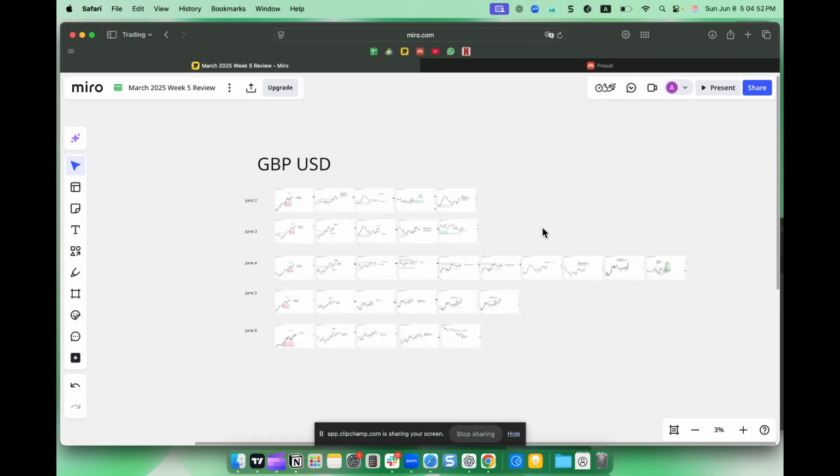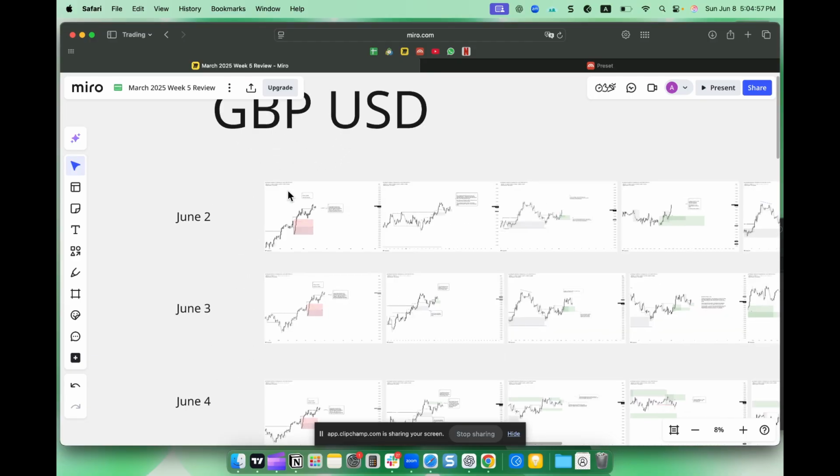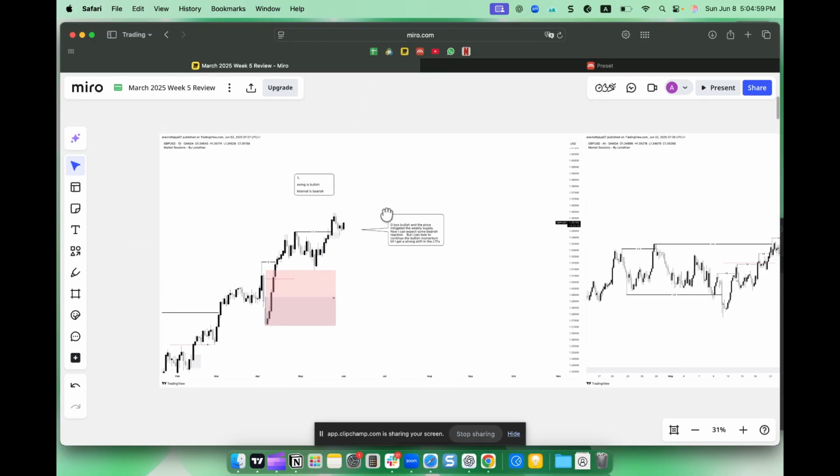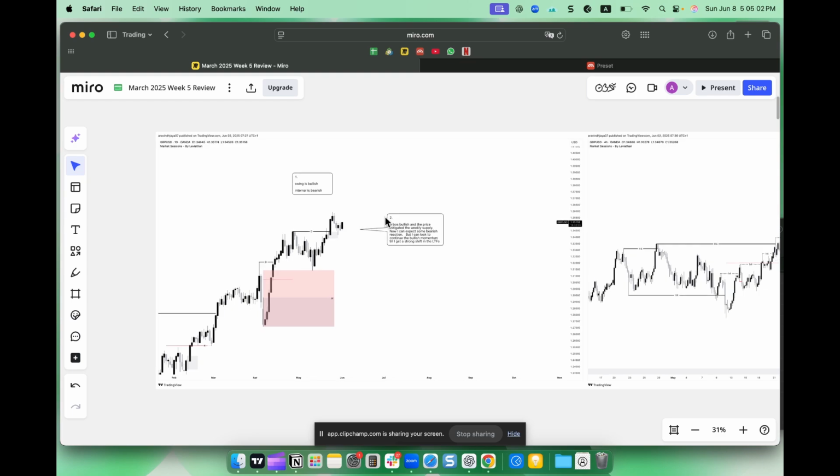So let's jump into the board and start from June 2, the daily chart. As I already mentioned in the previous analysis, the daily chart of the first Monday would be covered in depth, whereas on subsequent days I'll focus more on the H1 pre-session analysis and the session updates, because the daily will most probably be in the same area of value throughout the week, if there is no economic